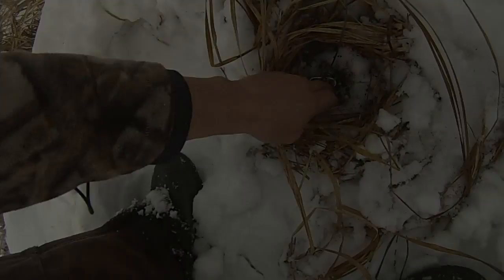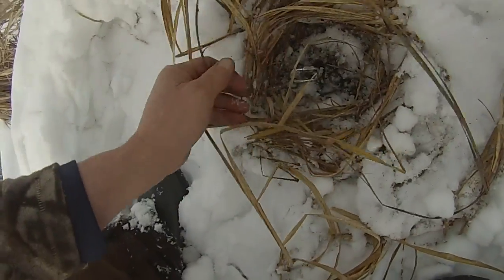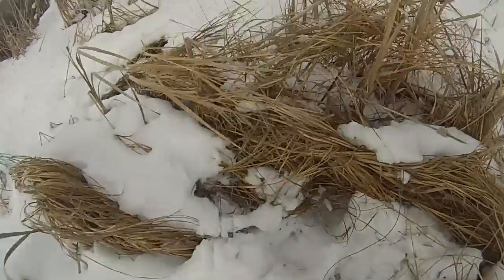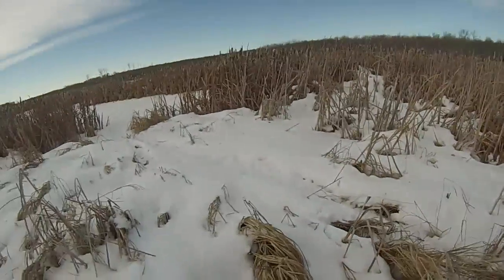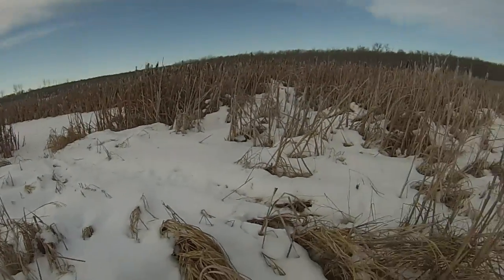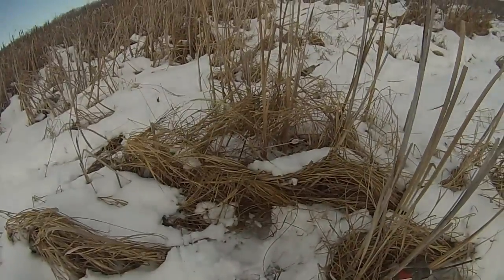Like I said, the temperatures aren't ideal for this, but if I had a log I could drag over here, I sure would. But this should hold. It should get a chance to freeze up once it's got all afternoon to freeze in there, so it should be fine. I'll just bury it as far as I can get it down. Okay, there's the anchor in there. Cable, ram, and snare, and that should be guaranteed for a coyote right there. They should be coming off there at a pretty good clip, and kapowie. So alright,